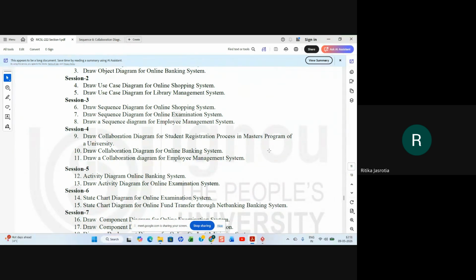Online banking system. Different kinds of accounts, credit card department. Now, first, you will log into the online banking system. Suppose you are already a customer, right? So you will log in. The customer will log in.